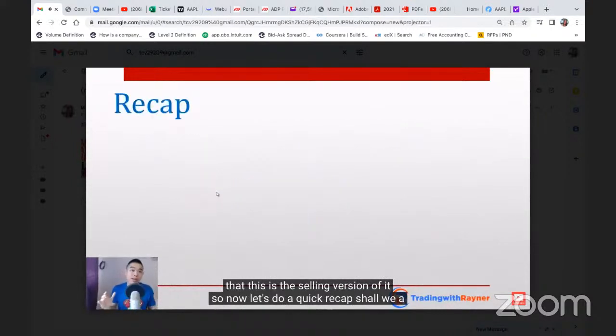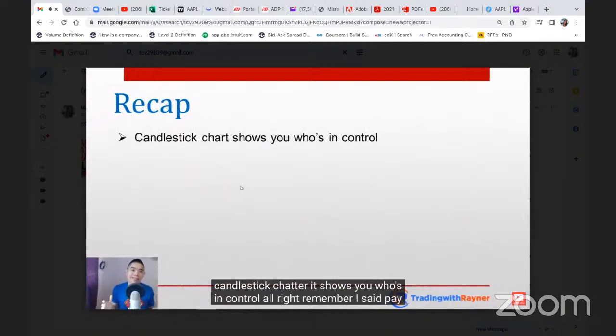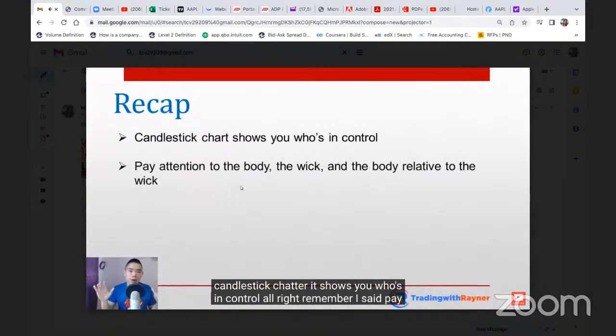So now let's do a quick recap, shall we? A candlestick chart shows you who's in control. Remember, I said pay attention to the body, the wick, and the body relative to the wick. That is important as well, because if you can have a bullish close, but then if your wick is much longer than the body, it's still a sign of price rejection. Okay. So moving on,